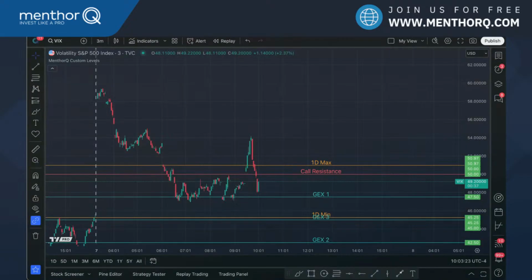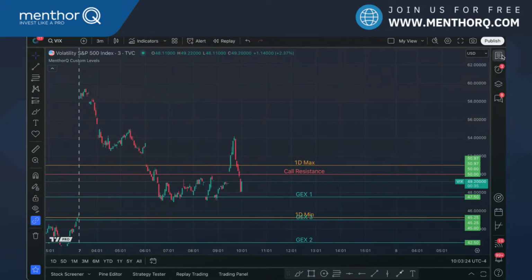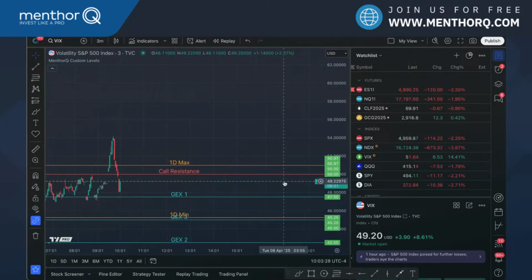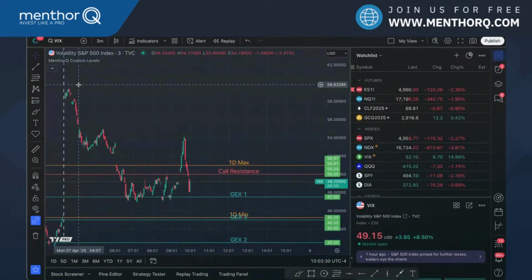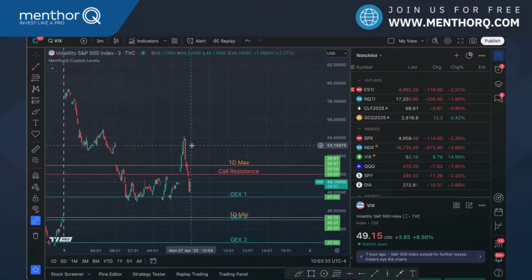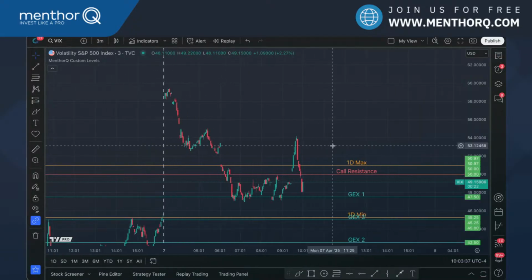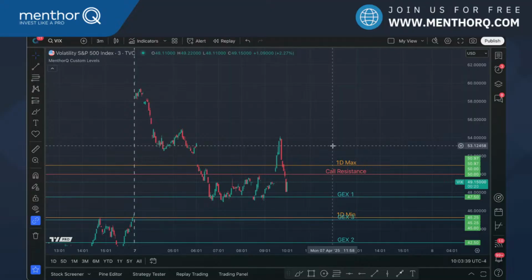For those who have received the newsletter this week, I think it's very important to look at the VIX. Today the VIX is at 49, almost at 50. We opened really high, at 59 today, and we now drop, but we're still in very, very high volatility. Of course, it's the fear index, and everybody's looking at the VIX. Volatility is very high, so it provides us with a lot of risk, but also a lot of opportunities. And we're going to talk about that when we look at options.